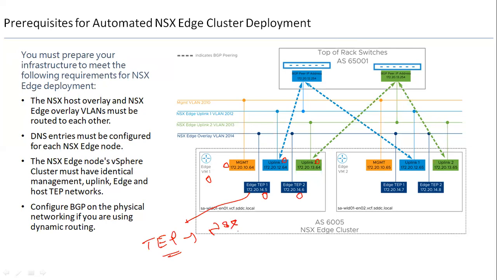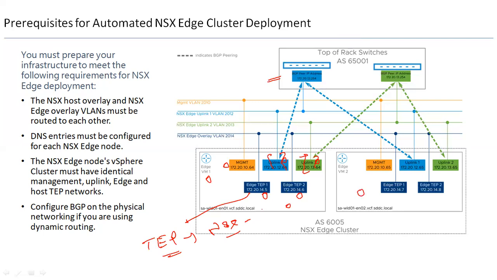It could be defined as an NSX IP pool, or we can give an IP range to assign the TEP IP addresses during the deployment of the edge node. The VLANs we are using for uplink 1 and uplink 2 should be routed with each other on the top of rack switches all together. In this example we are deploying two edge